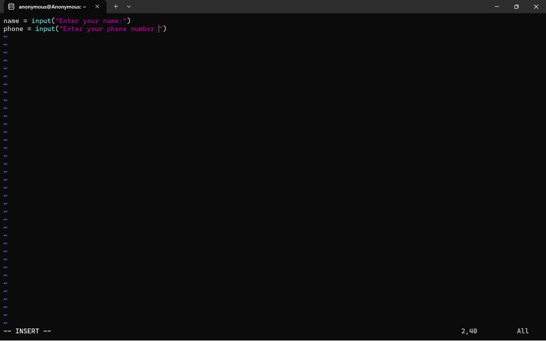Okay, colon, enter your phone number. Next, I want to print the output, whatever the name has given by the user. So print of name is